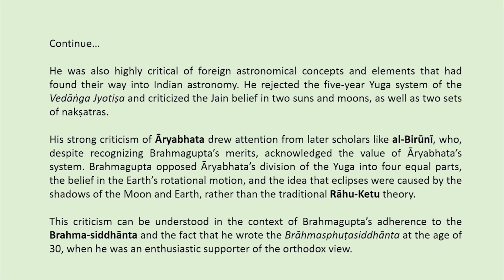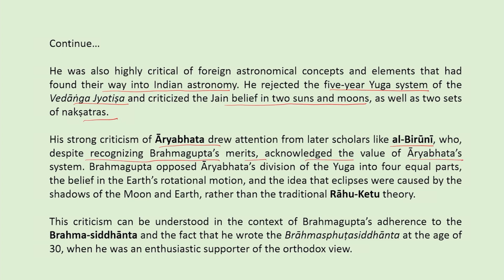He was also highly critical of foreign astronomical concepts and elements that had found their way into Indian astronomy. He rejected the 5-year Yug system of the Vedang Jyotish and criticized the Jain belief in 2 suns and moons as well as 2 sets of nakshatras. His strong criticism of Aryabhat drew attention from later scholars like Al-Biruni, who despite recognizing Brahmagupta's merits acknowledged the value